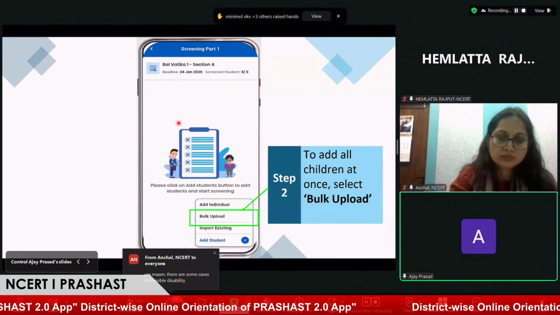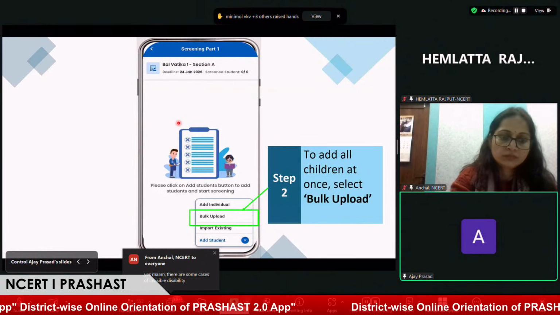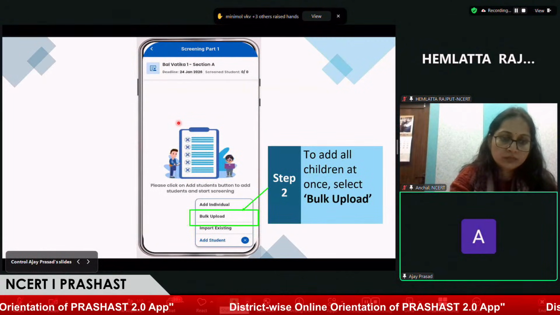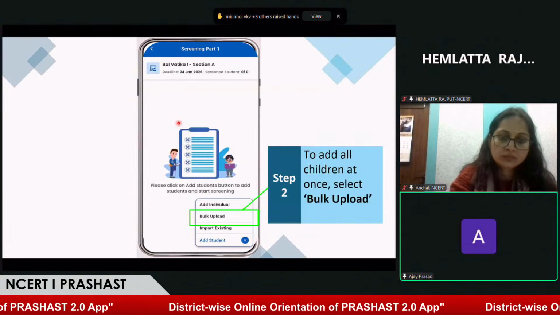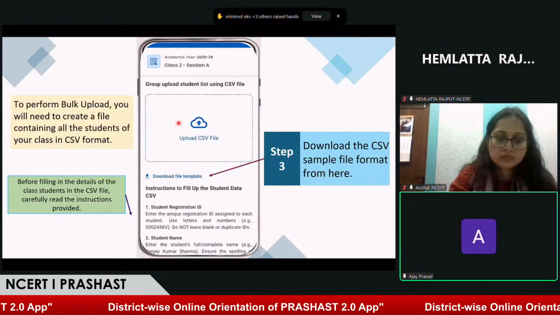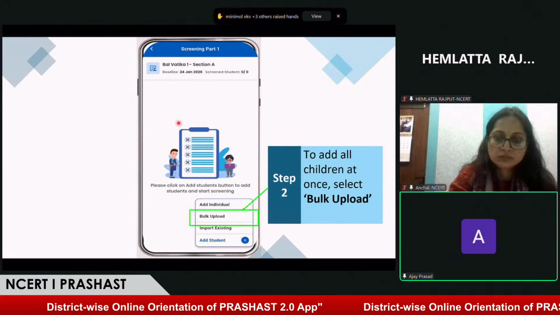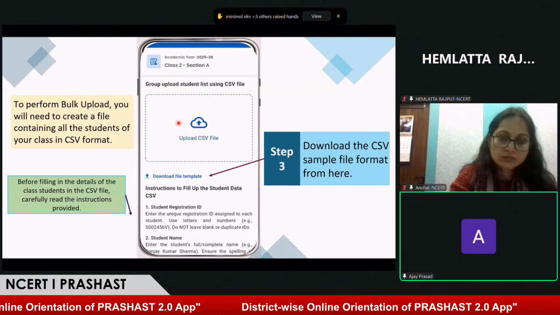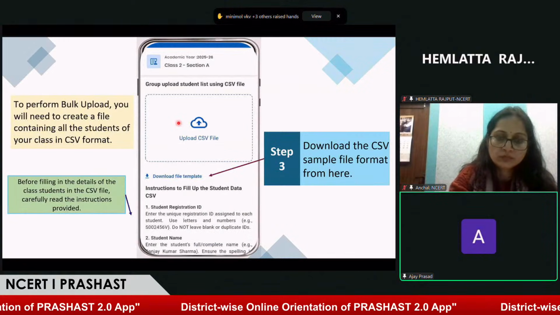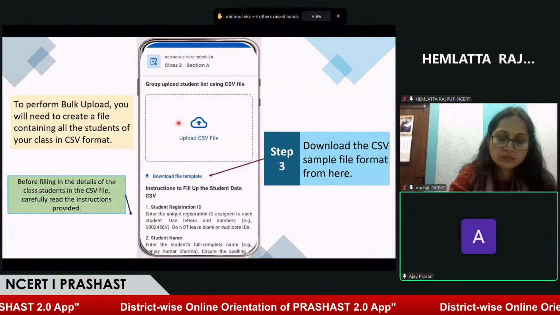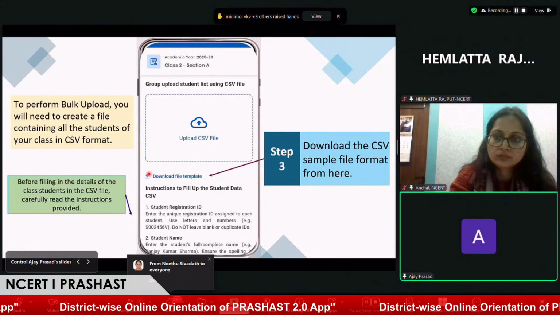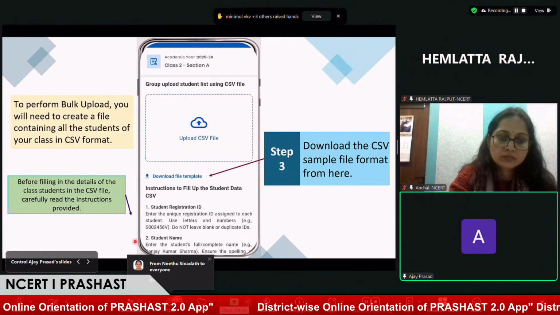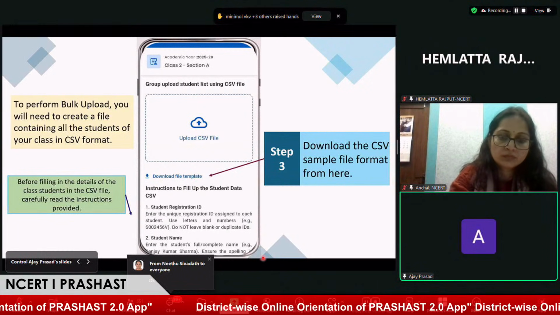Right now this application is available only on mobile, so there could be issues while uploading bulk details. So there's an option to upload a CSV file. Once a teacher clicks on the bulk option in add student, they'll get an option to bulk upload. For bulk upload, the teacher will get a screen which says upload CSV file. We have provided the CSV file template to download, and detailed instructions on how to fill the CSV file.